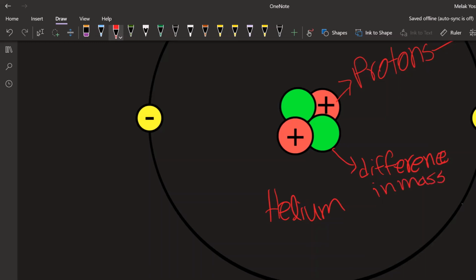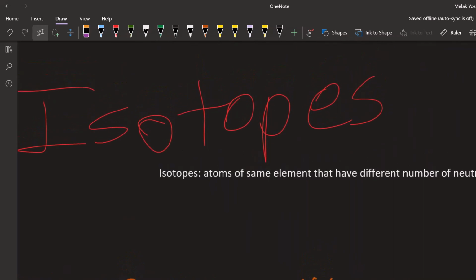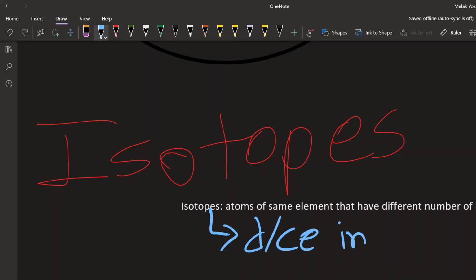We call those isotopes. Isotopes are officially defined as atoms of the same element that have a different number of neutrons, which results in a difference in mass as well. Sorry for the abbreviations. I like to use them because I'm a lazy writer. But anyway, so